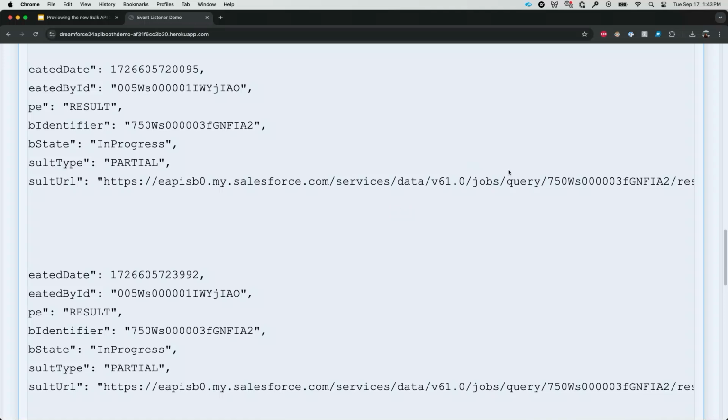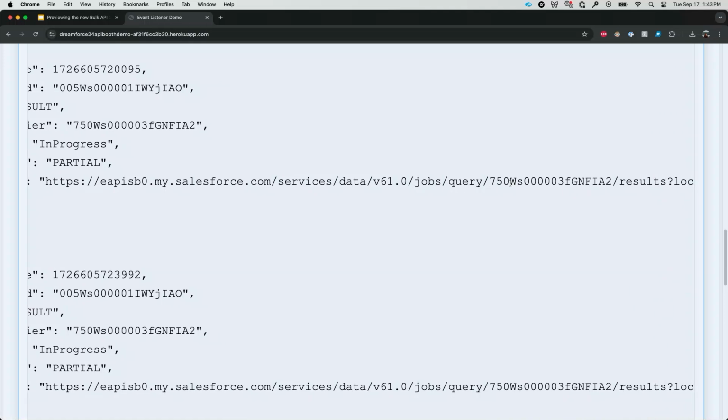When you download a result using this partial result URL, the job is in progress, so there is still a possibility that the job can fail. It is up to you to decide how you want to handle such scenarios and how you want your implementation to be. In case you decide to rerun the job, there is a possibility that you might get the same set of records which you have already downloaded. So one recommendation is you can start downloading your records, but you can wait to process those records until your job is complete. But it is totally up to the client-side implementation.